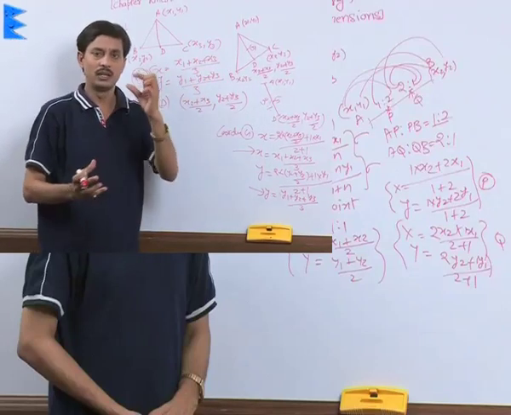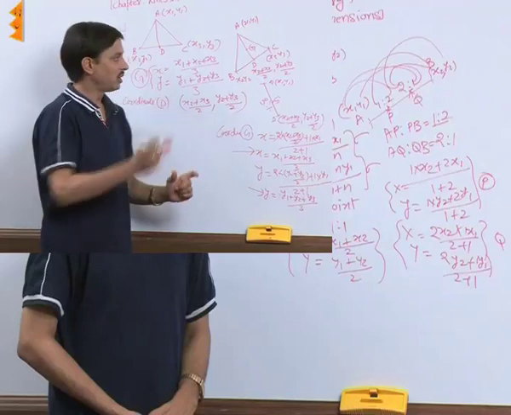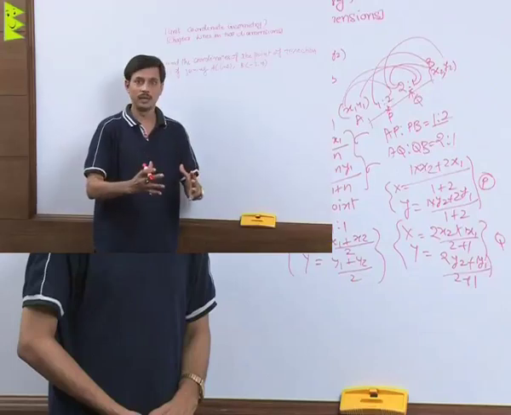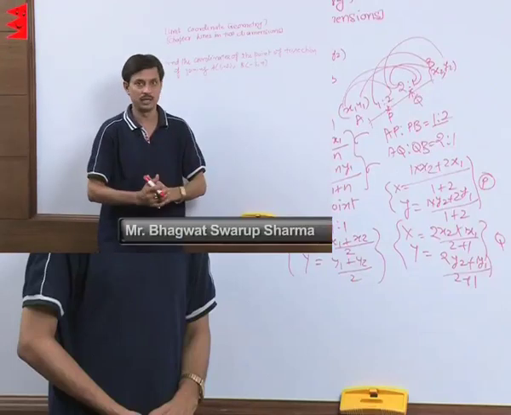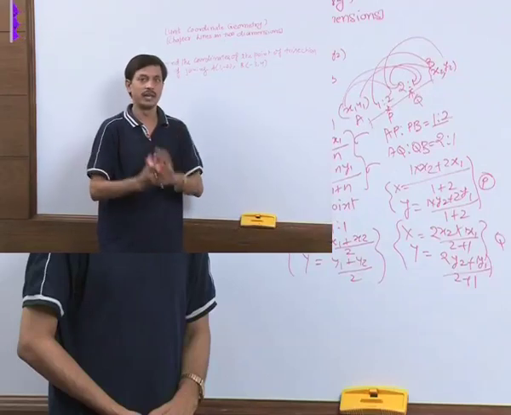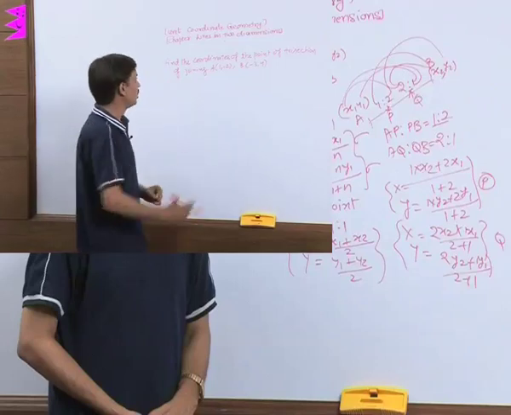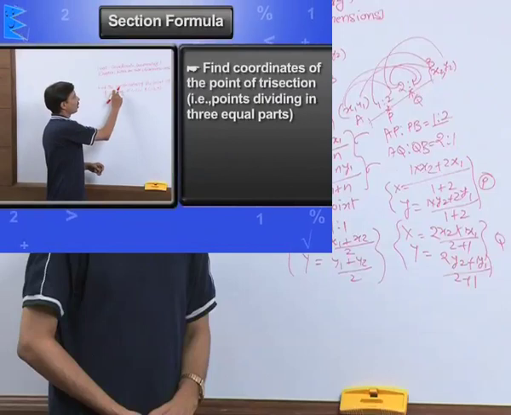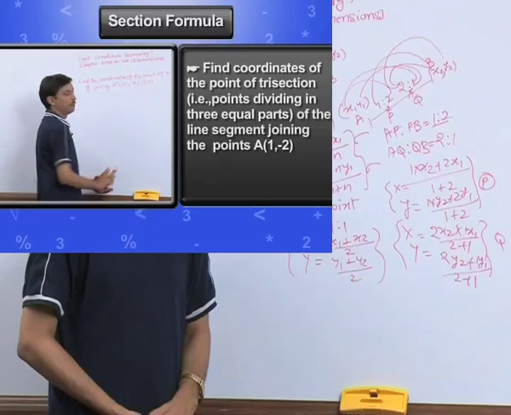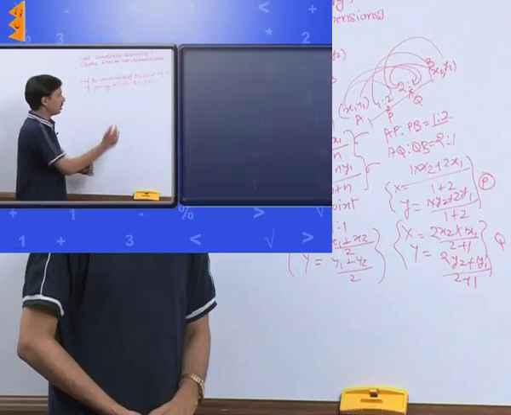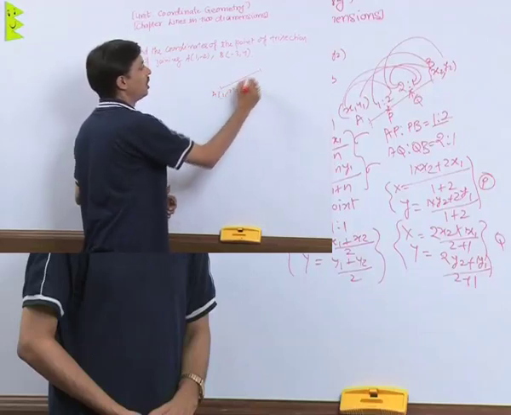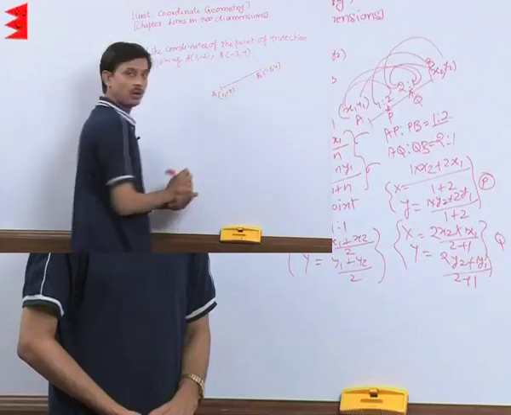Now we will apply trisection, the midpoint and the section formula in solving a few examples. Now I will apply the section formula in some difficult cases like the point of trisection or finding some ratios. If I take an example, you can read it and listen: find the coordinates of the points of trisection of the line joining the points A (1, minus 2) and B (minus 3, 4). So we must assume that the coordinates of A are 1, minus 2 and the coordinates of B are minus 3, 4.